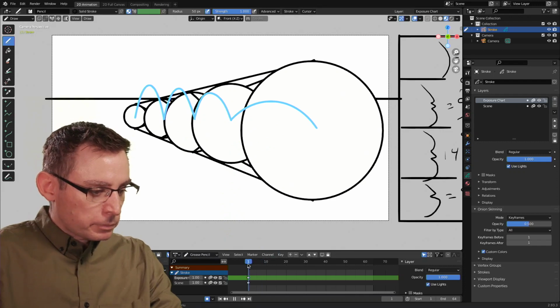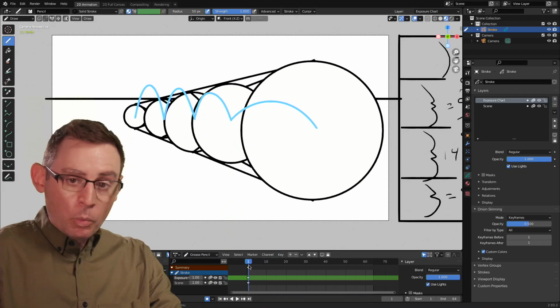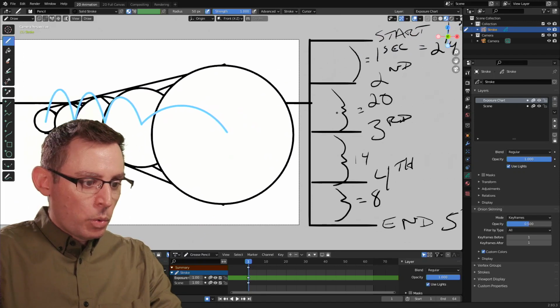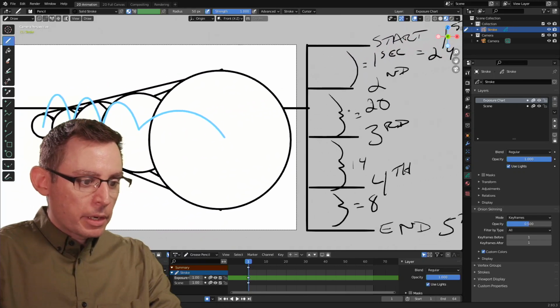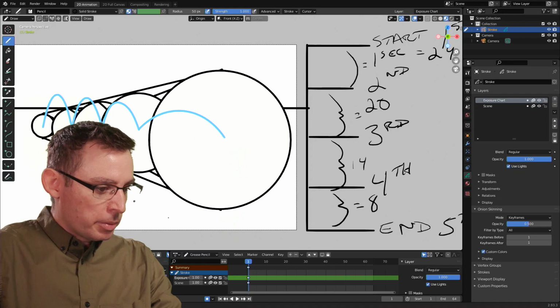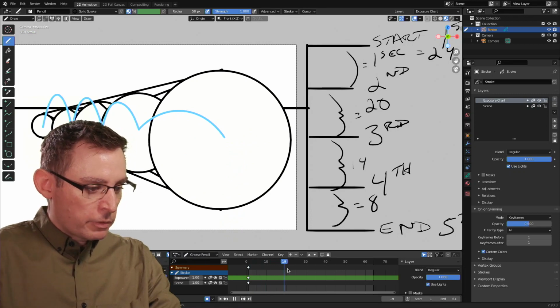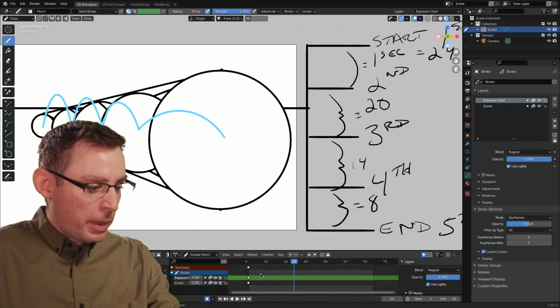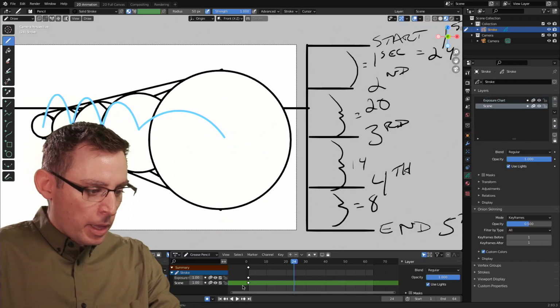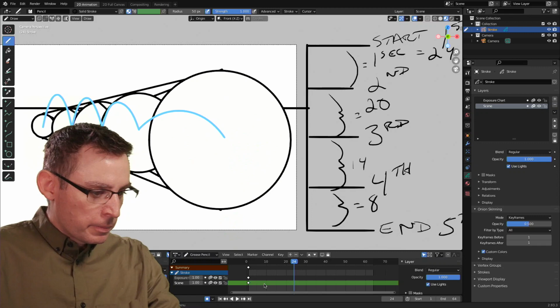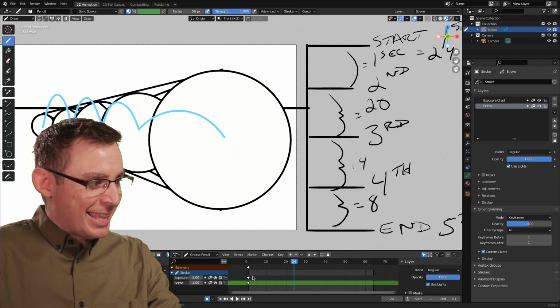All right, so we need a keyframe on frame 1. And then 24 frames later, we need to be at our second jump. So we'll move our playhead to frame 24. And here's the cool thing. I'm going to copy and paste these keyframes from the scene layer. You can see both of our animation layers inside of the timeline.